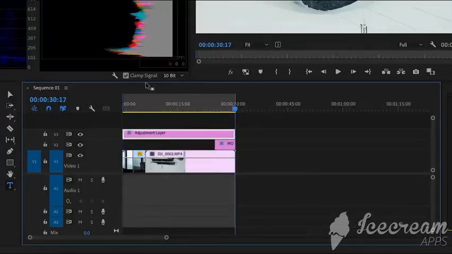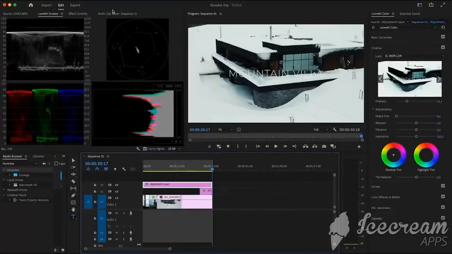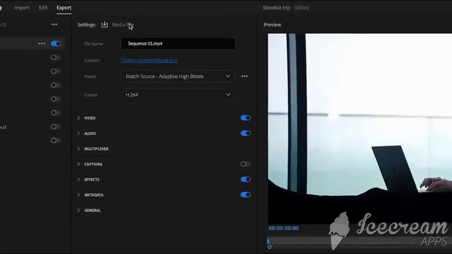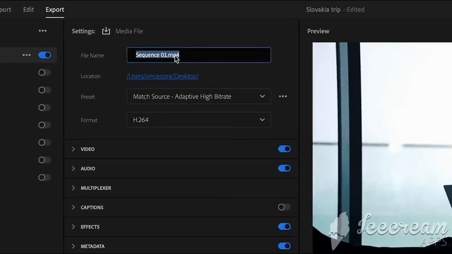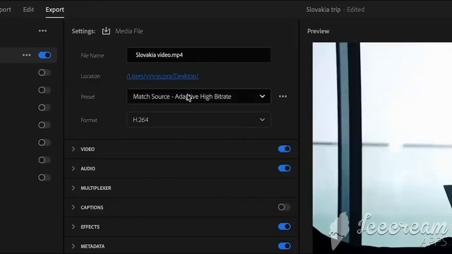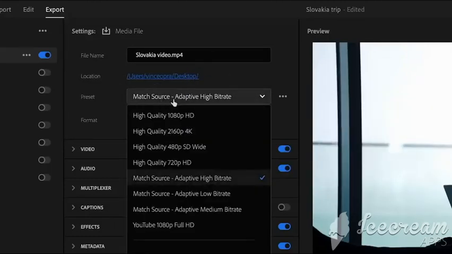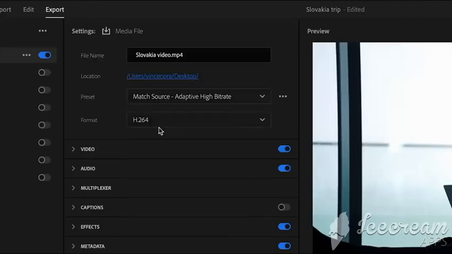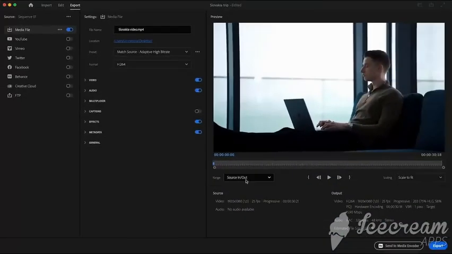Basically this way everything that is selected is going to be in your export, and everything that isn't is not going to be included. Next up, you want to come here to export, and then here you can name your file whatever you want. So I'm going to name it Slovakia video. You can choose the location of it right here, so I'm just going to leave that on my desktop. You can select your preset, and your export settings here. You can select the format, and here in range